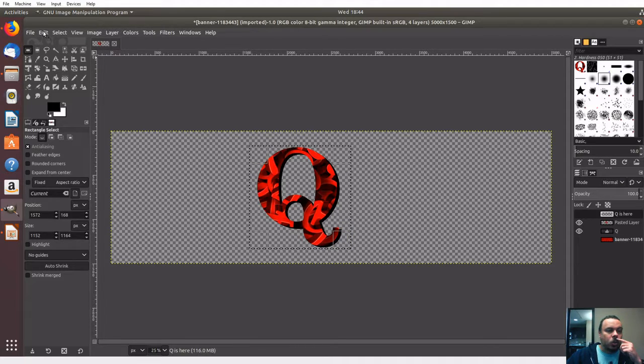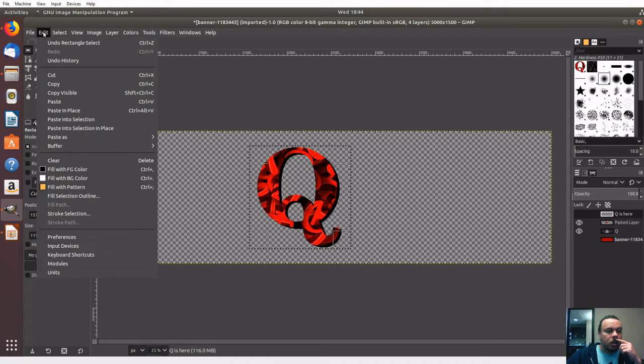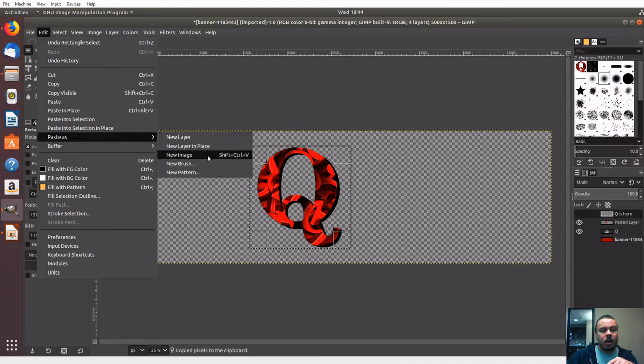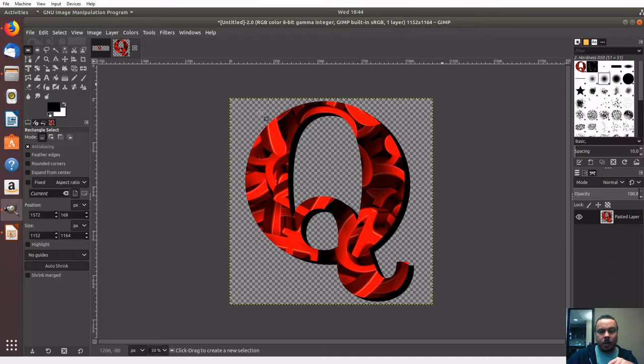right? And then go to Edit, Copy Visible, right? This doesn't care what the layers are. What you're seeing on your screen is what it's going to copy. So we copy visible, and then we can paste this as a brand new image, right? So you have a new tab here with a new image. By doing that, it sets the dimensions of the image and it has transparency. And notice there's only one layer here, which is the layer that we had just copied and that was visible and have pasted. So let's save this